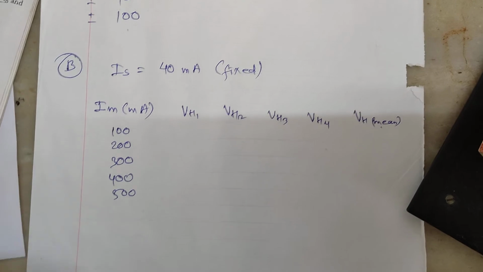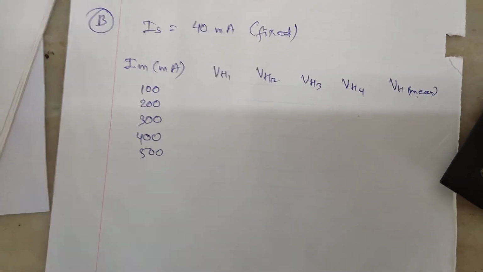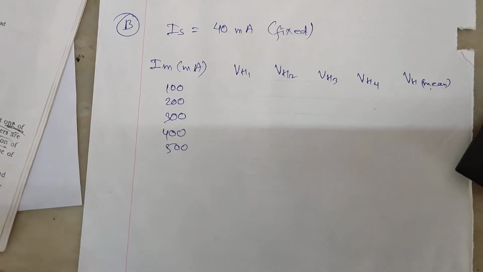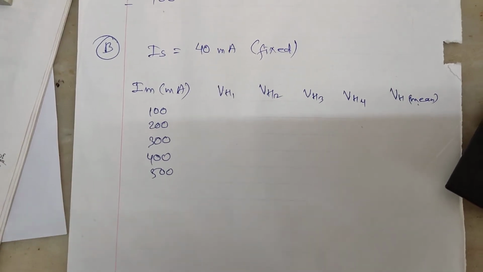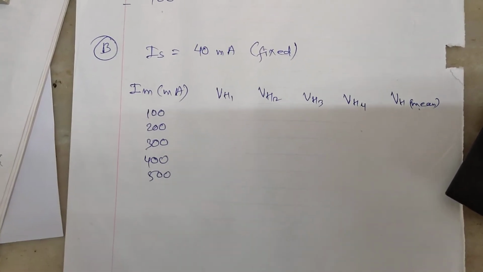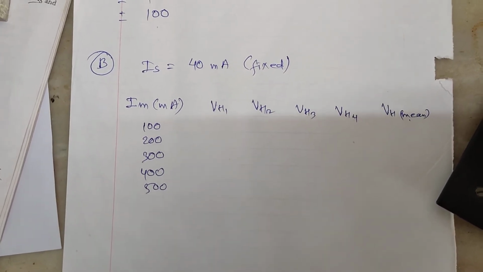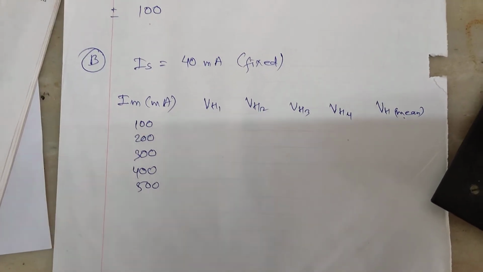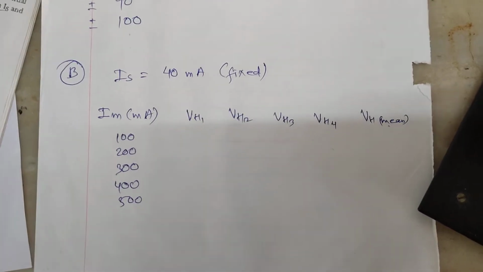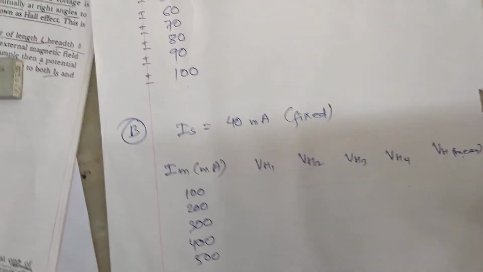While changing the magnet current, I will start with 100, 200, 300, 400. You can go by 50 also: 50, 100, 150, 200, 250, 300, like that. So depending upon the readings you want, you can go either way. And then same thing, plus 40 IS, plus IM, you will get 1 VH value, then plus minus, minus minus, minus plus. So using all 4 combinations, you will get 4 readings, and taking these 4 readings you have to find the mean, and then we'll plot a graph. So this is the entire thing which we have to do.